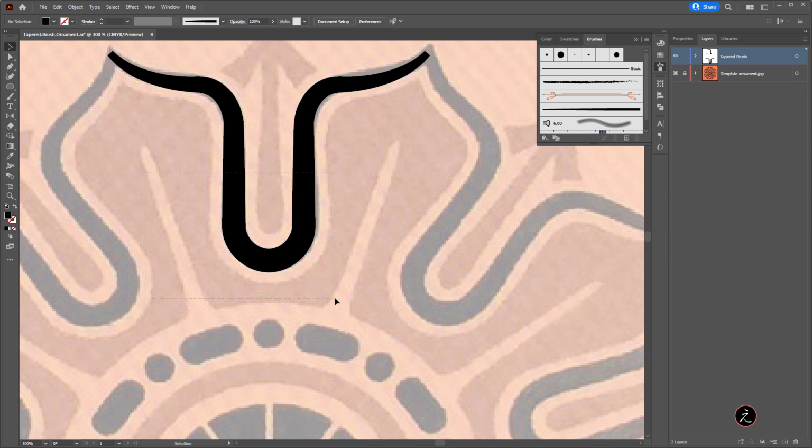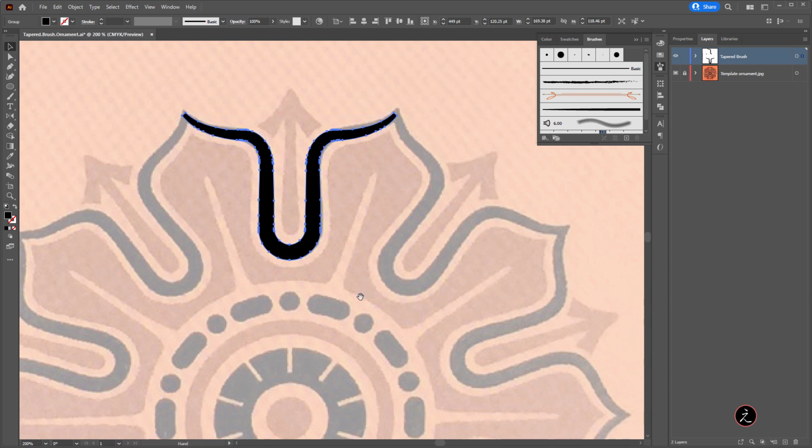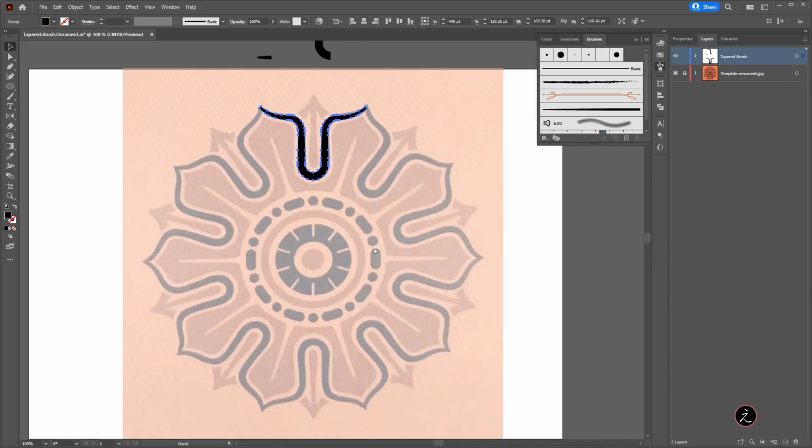And now these are two different shapes, which means I will marquee select these two, and then I will go ahead and use the shape builder tool. Now I will select those two paths and I'm going to merge them together by dragging along this region right here. I'm not holding anything on the keyboard, just dragging along this region and then release the mouse. Those two regions now got merged to form a new shape. Great. Now, just bear in mind that this overall shape here, this ornament, is not correct geometrically. It's just a reference photo.